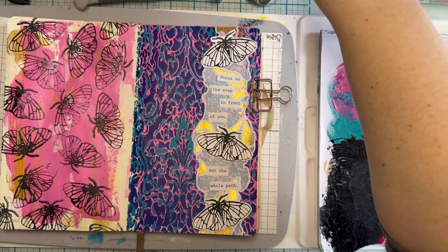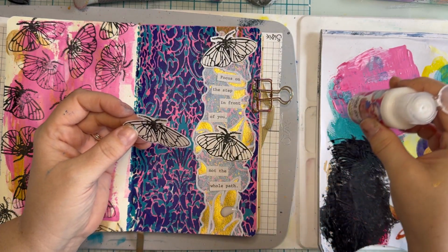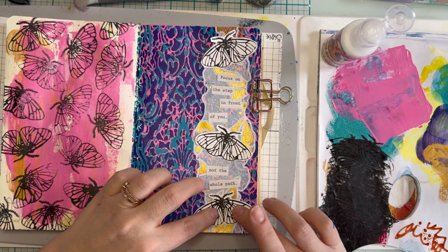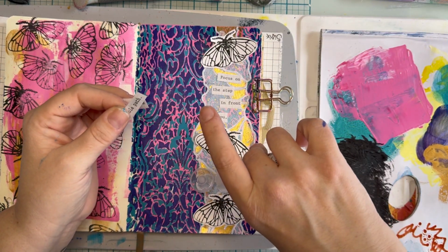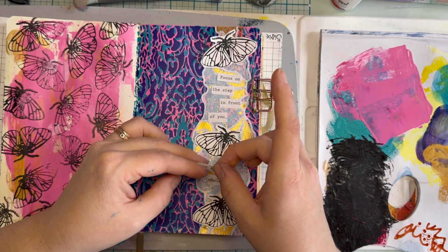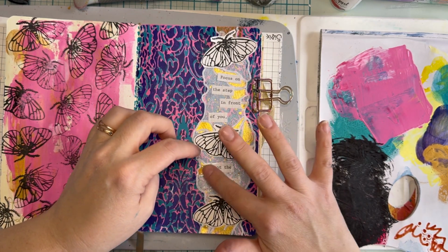Okay, so let's go with some collage medium. This is from Jane. So I'm just going to start at the bottom and work my way up. And I just use my finger. This is basically a type of glue. I'm just going to put it underneath for the moths. They're a little bit thicker paper. You could also use a glue or something. Whatever works for you. You could use a glue stick, you know, that